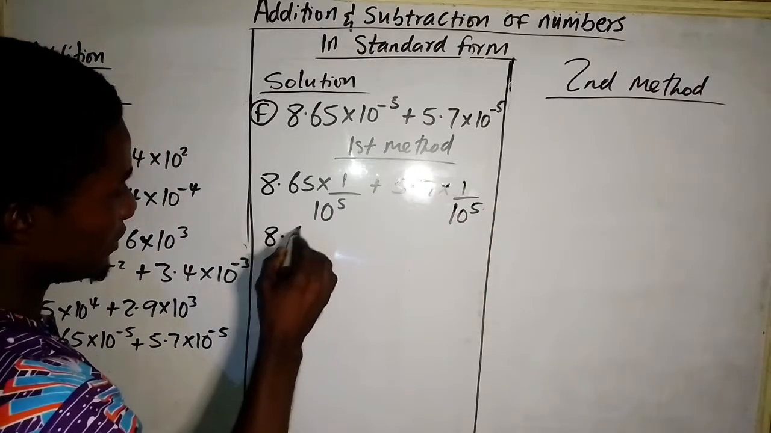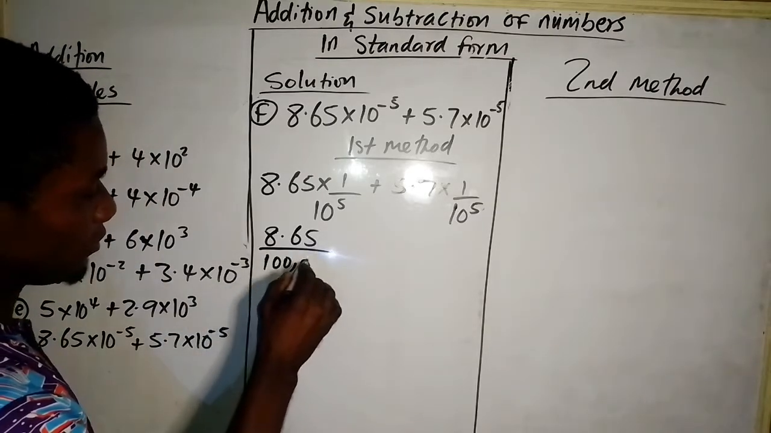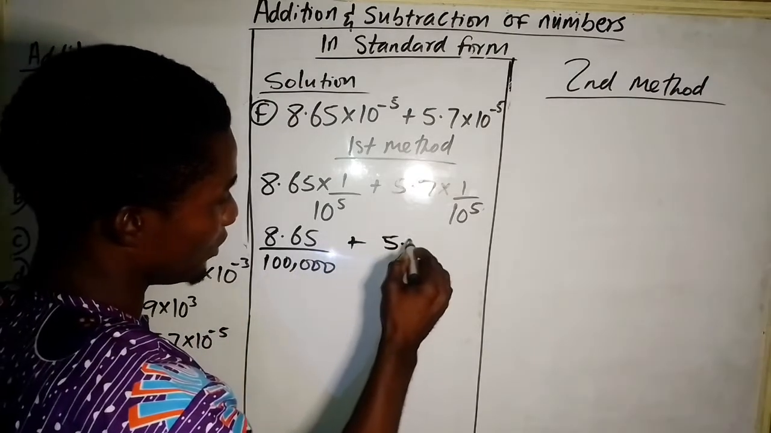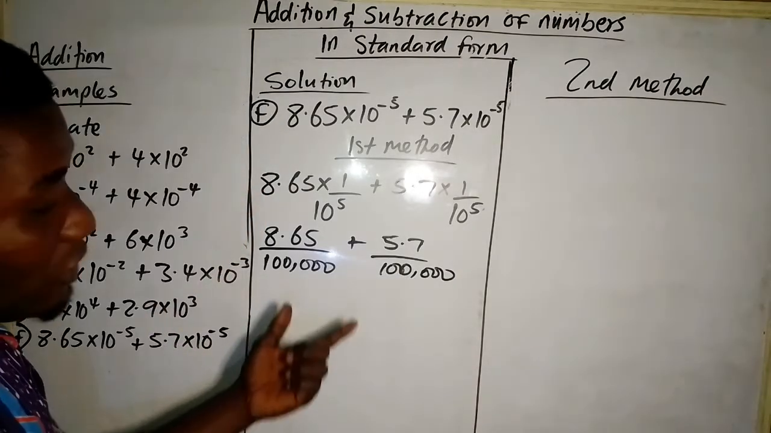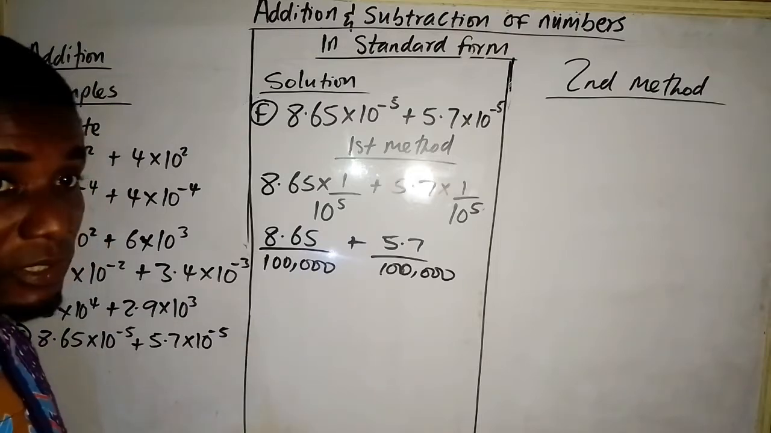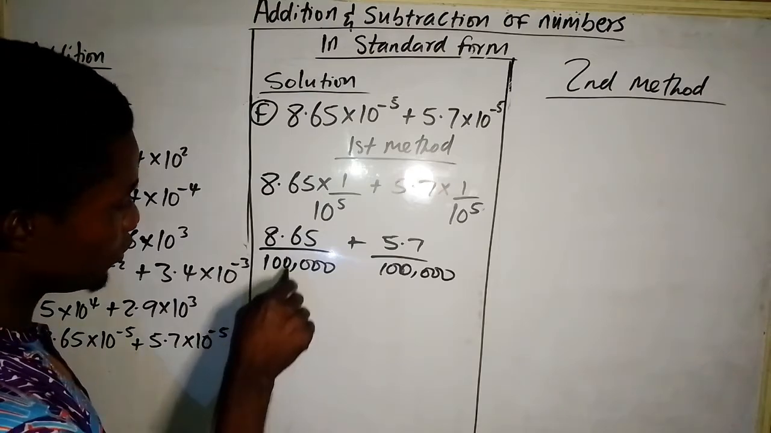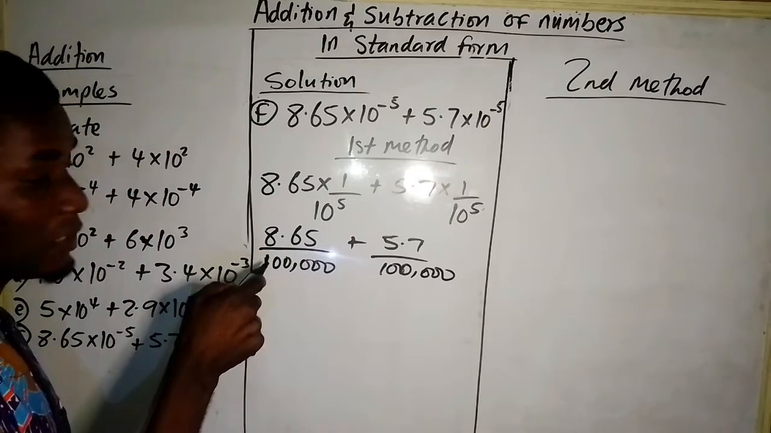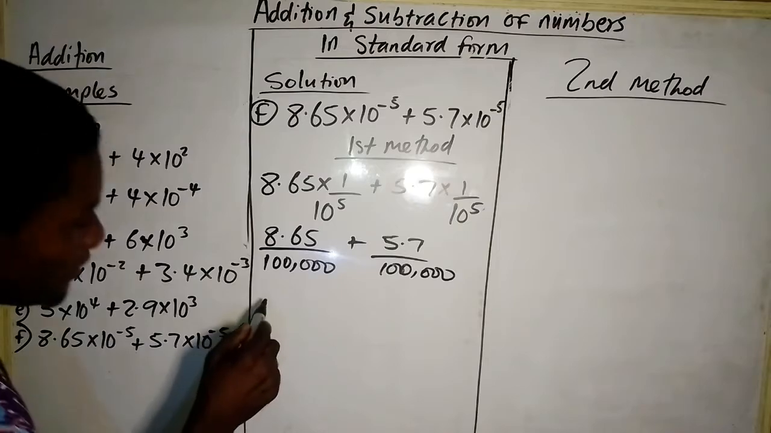So we have 8.65 divided by 10 raised to the power 5, which means 100 of 1,000, plus 5.7 divided by another 100 of 1,000. So you can use addition of fractions to also evaluate. But for easy understanding, let's change each number to a decimal number. So to change this back to an ordinary number, we need to move our decimal point. How many times? Move it 5 times. So to express this in an ordinary number, which is a decimal number, we're going to be having